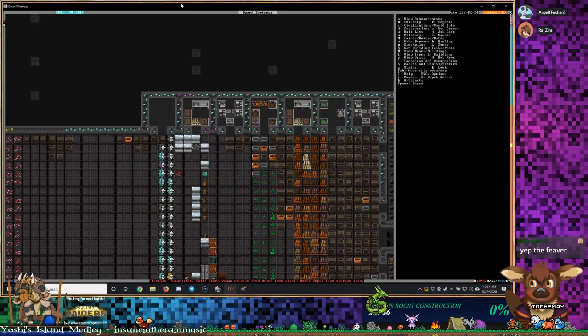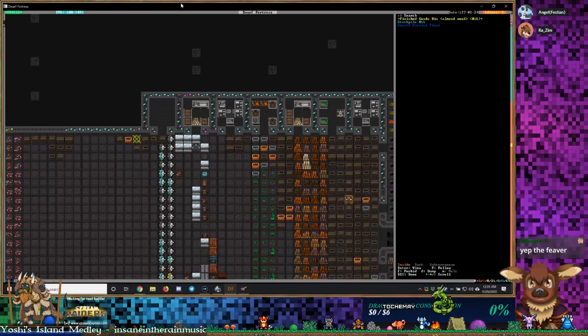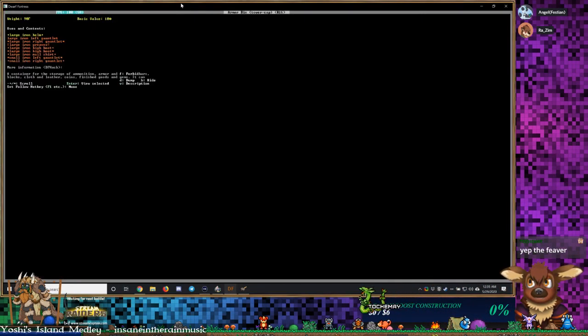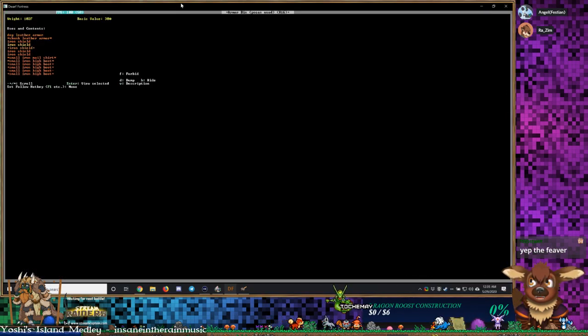Always. Oh, right. Let's actually search inside these. So we've got a bunch of leather gloves and stuff. Quivers are important for your Marksdwarves. Looks like we've got... So we've got 6 quivers currently. We've got...